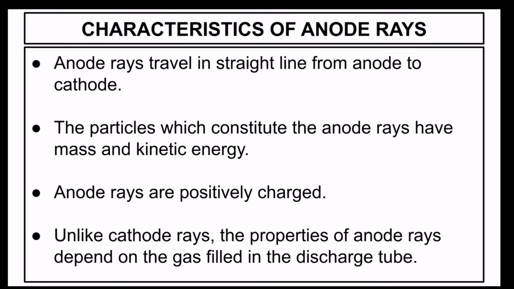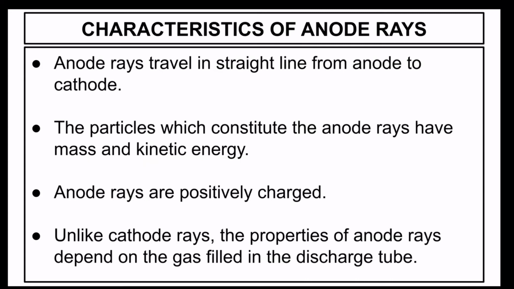Anode rays travel in a straight line from anode to cathode. It was proved by placing a cross in the discharge tube, which casts a shadow towards the cathode. The particles which make up the anode rays have mass and kinetic energy. This was proven by keeping a light paddle wheel in the discharge tube, which starts rotating by the effect of